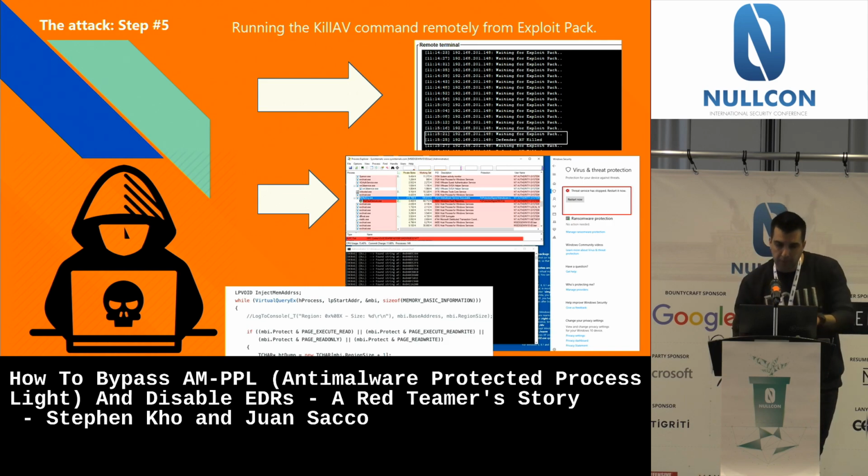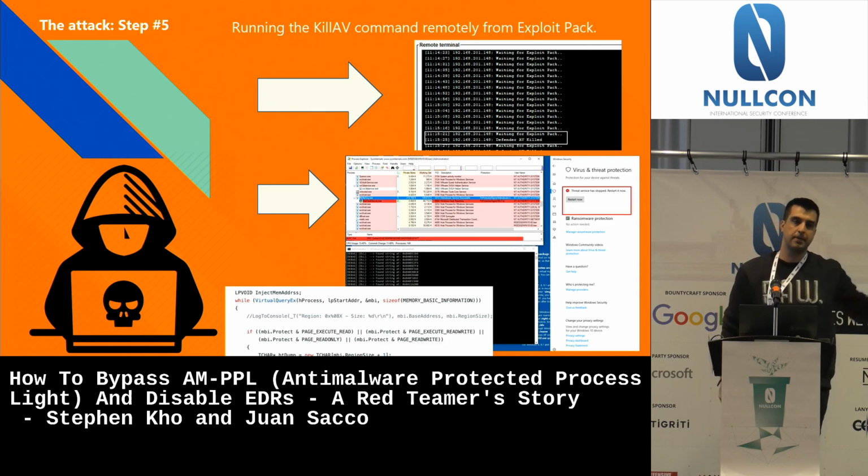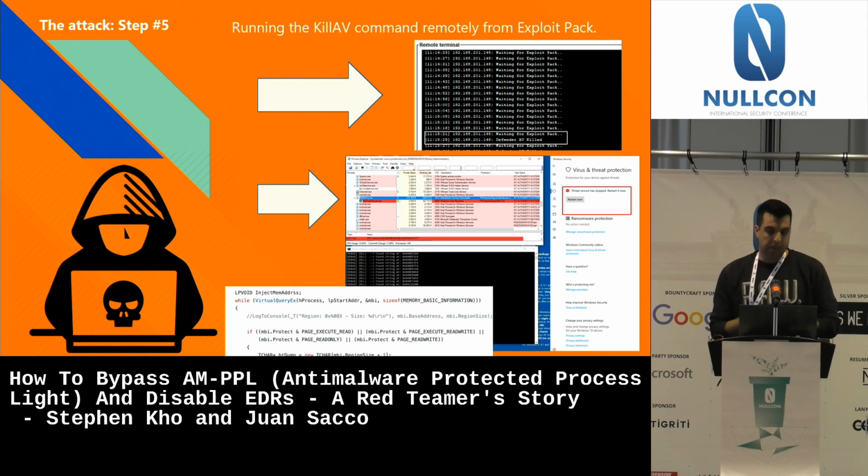When you kill the process, you see that it's spawning a new process. It's in red. Look at the protection of that process. So you can inject there as well. But in any case, what?